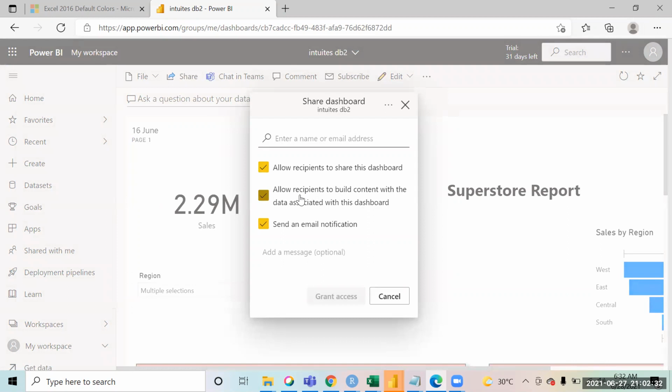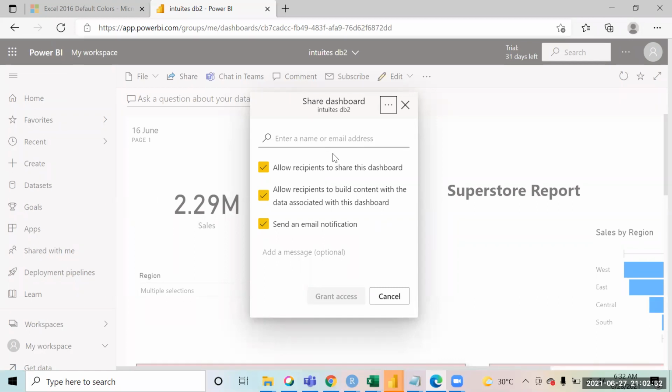So by default, what happens is that report will be shared, because it's been created from that summary that you have created. See, the dashboard is just a layer on top of that report.